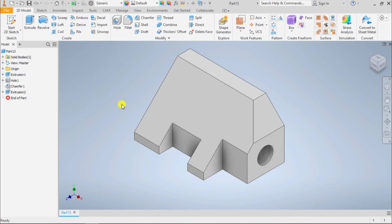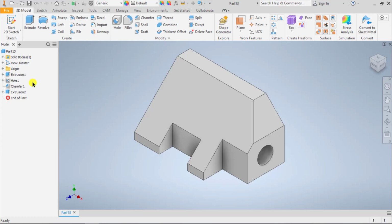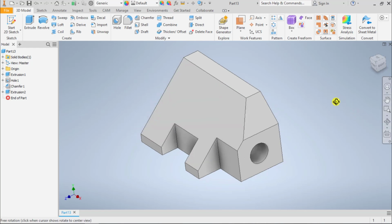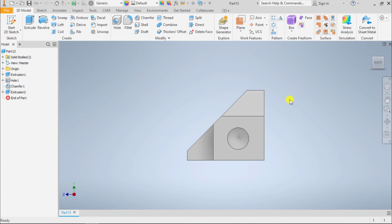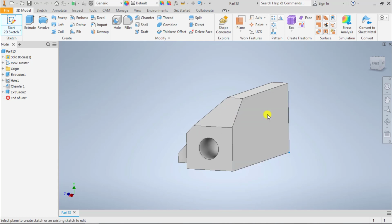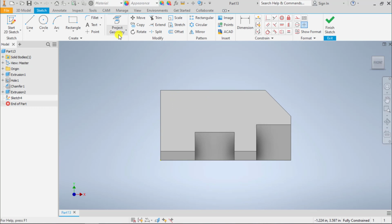So the last one is a little trickier because this right here, this trapezoid, is our shape of our cut profile. And so we cannot sketch on this face, because if we sketch on this face, we'll be looking at it perpendicular to that face, and it's going to go on an angle this way when we want it to come straight through the back. So what we're going to do in this case is sketch on the back, use our view cube to flip to the front,